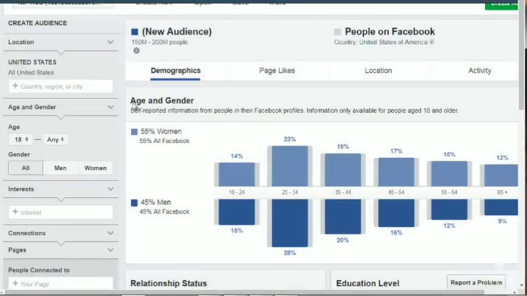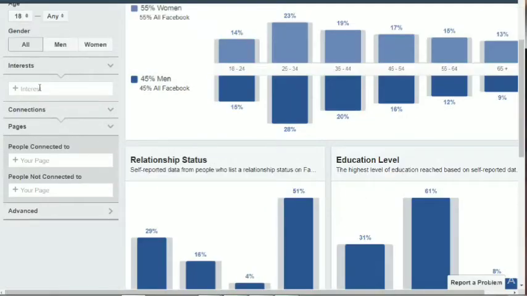So this allows you to enter a location, an age and gender, specific interests. And if you have a page that is highly populated, or at least has a couple thousand people, you'll be able to figure out who exactly is inside that Facebook page in terms of demographics.